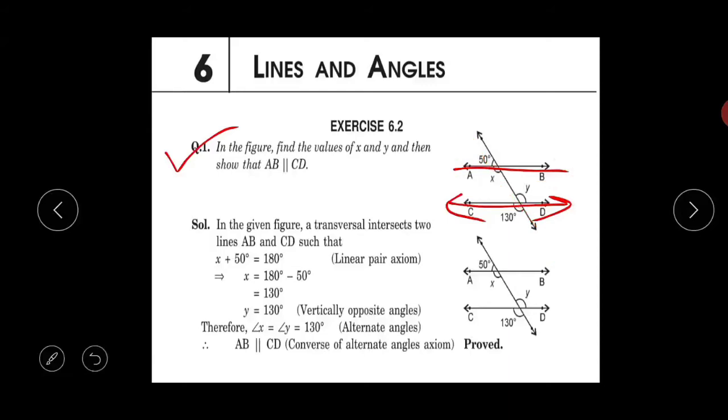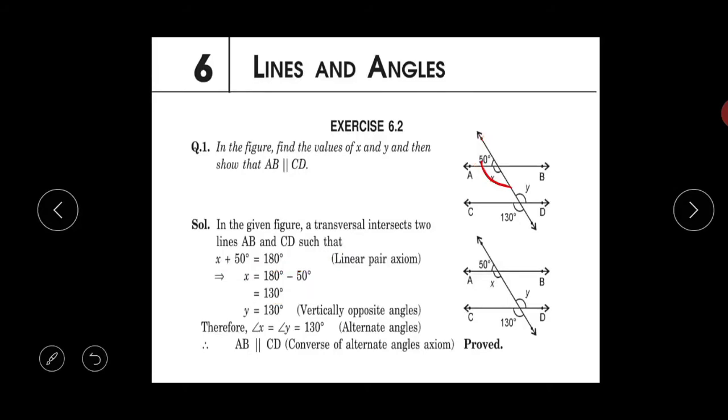And you know that if we are having a line, then all the angles sum up to give 180 degrees. That means angle x and angle 50. If I find the sum of angle x and angle 50, I will get 180 because it is a linear pair, isn't it? So I have written here x plus 50 is equal to 180, and accordingly from this we get x is equal to 180 minus 50, that is 130 degrees. So here we got the value of x, which is 130 degrees.